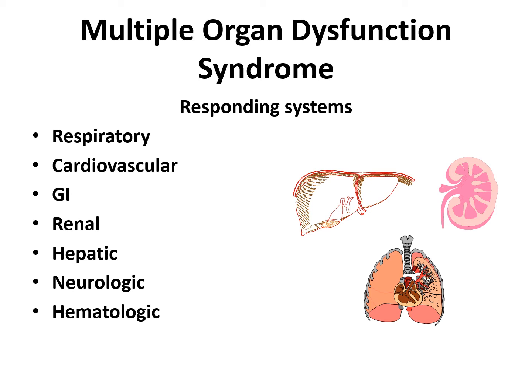Neurologic system, as it starts to fail, you'll see confusion that will progress to the patient being lethargic, obtunded, and it can progress to a coma if we don't reverse it. Hematologic system is going to be the decrease in platelets. These patients also may have DIC and increased clotting times.